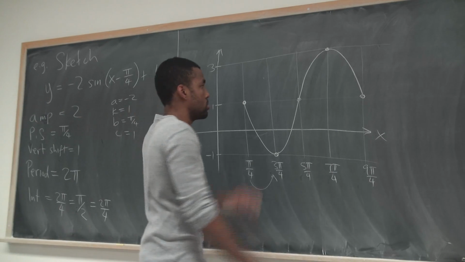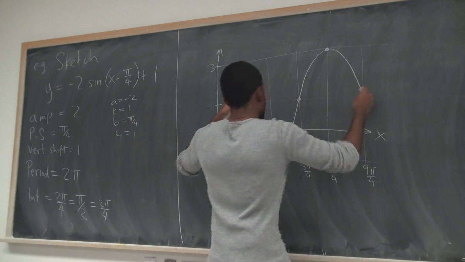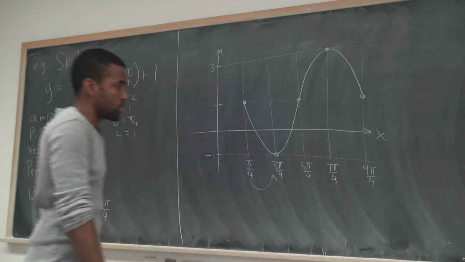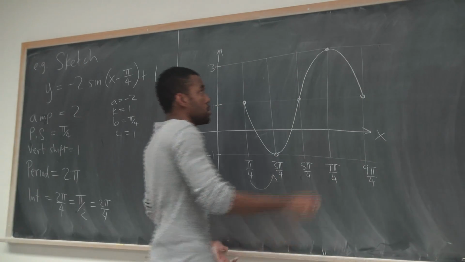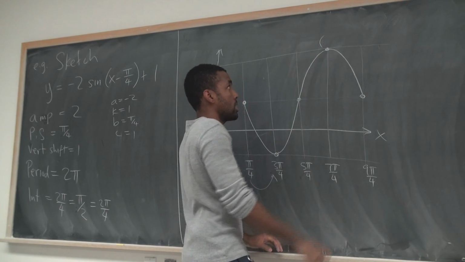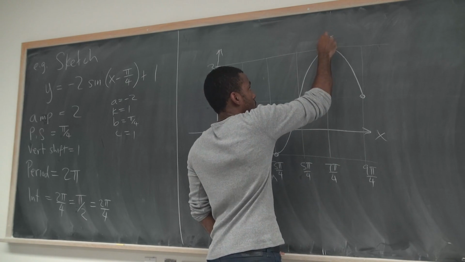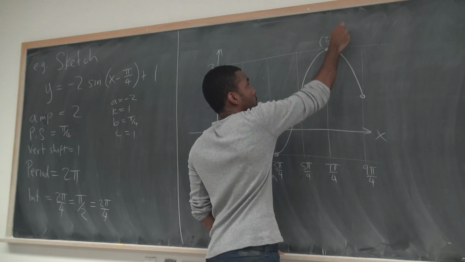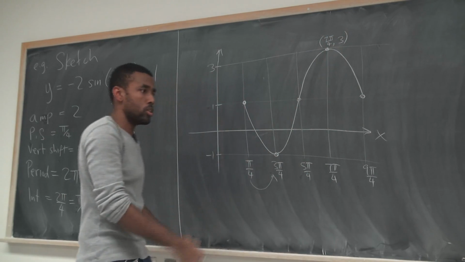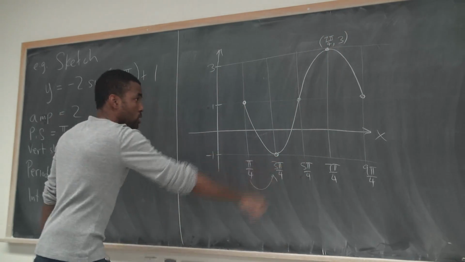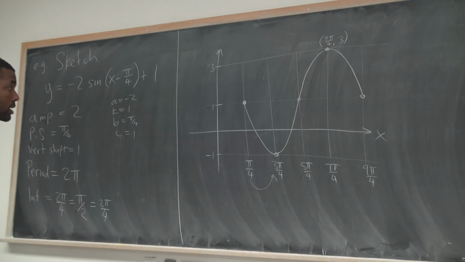So if someone asks you, this continues forever, of course, but I'm just drawing the principle here. So if someone asks you to label these points, for example, sometimes you'll need to know that. You know that this point will just be 7 pi over 4, comma 3. Right? You can label any of these points that you choose because you know all the values for it, and you know what it would look like. You could also,